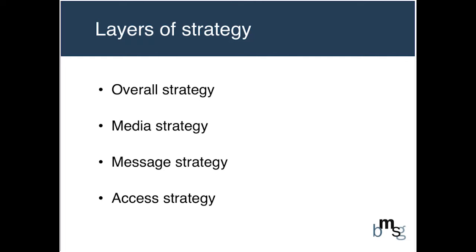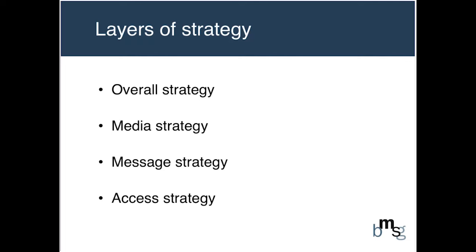And then comes the layer of strategy that we're all most familiar with when we think about communication, which is message strategy. And message strategy is simply, what do you say, or what do you write? But it's not only what do you say or what do you write, it's also who's saying it and who are they saying it to. And then finally comes access strategy, which is the question of, once you know what it is that you're trying to say, once you know what outlets you're trying to deliver your message through, how do you actually get those outlets to care? And that's going to be a big theme that we talk about today as we talk about news hooks based on the one-year